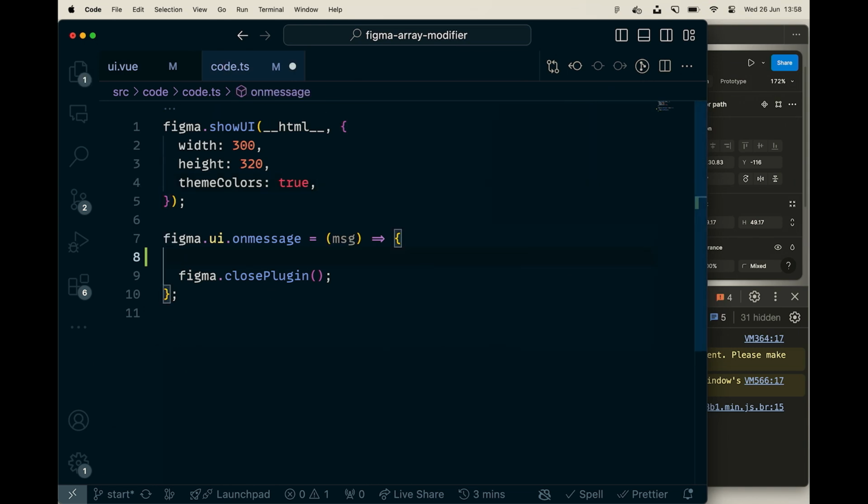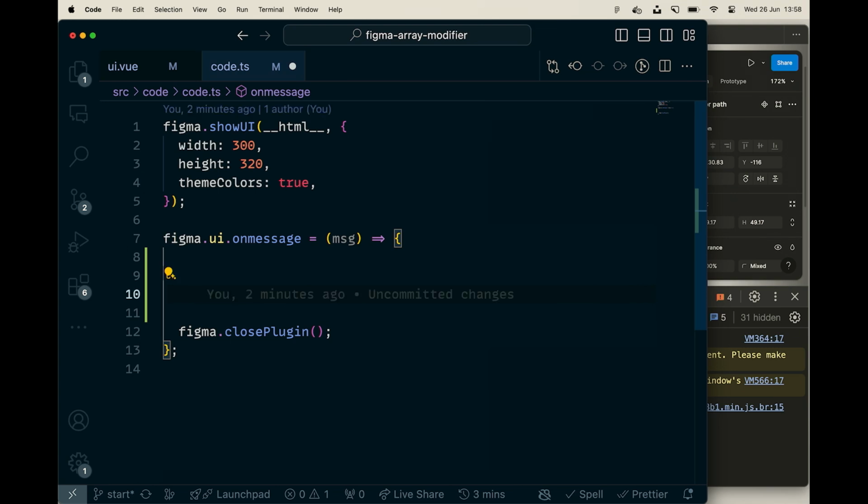So what do we want to do right now? For the first test, for the count that I pass, I want to create that amount of rectangles. Because what I've learned after making this talk is that figma.createRectangle is the console log of Figma plugins. Okay, so let's first of all do a for loop on the numbers that we got. So we got 5, and what we want to do is create a for loop where in each iteration we go up by 1 until we reach 5.